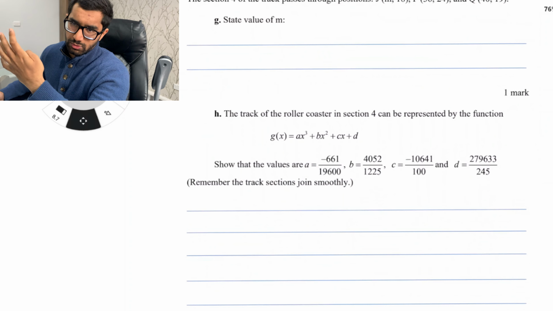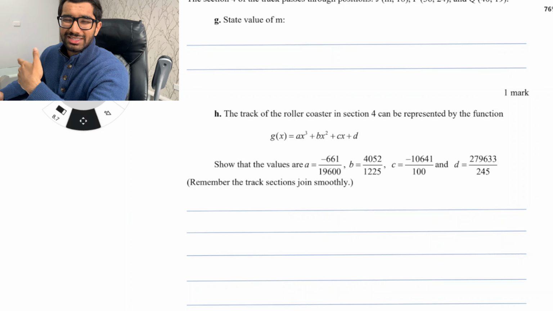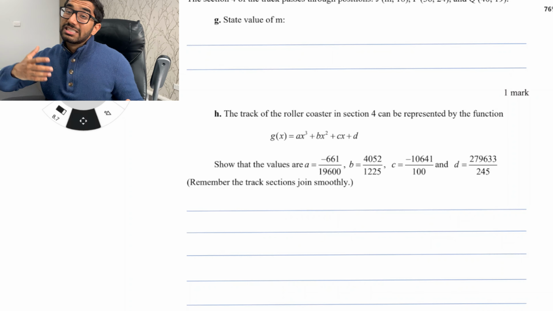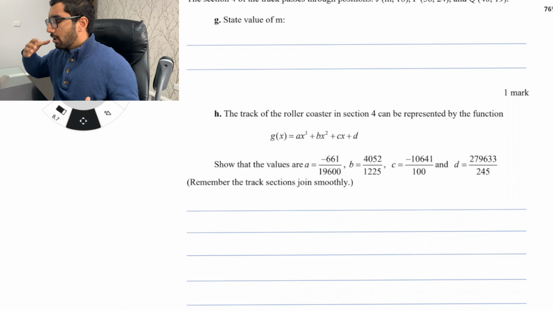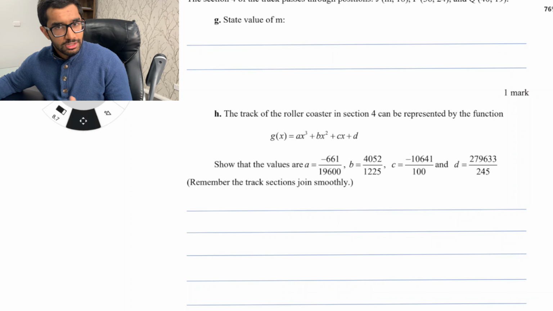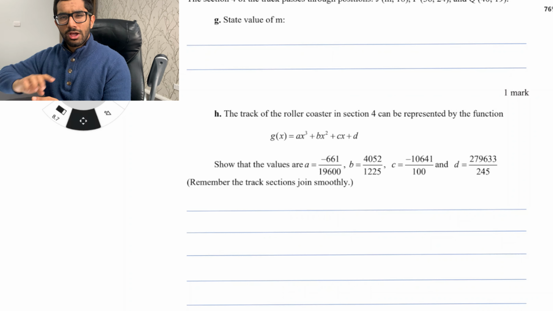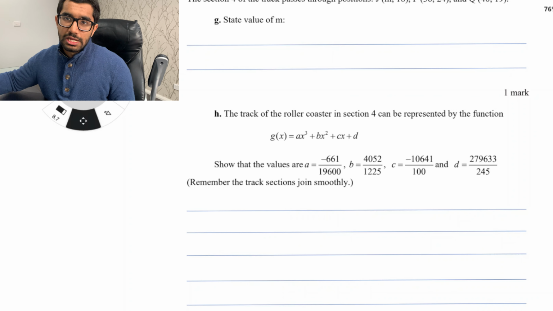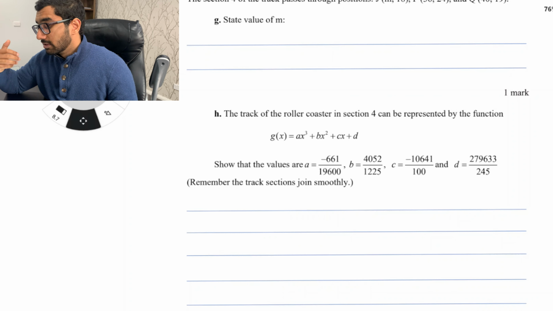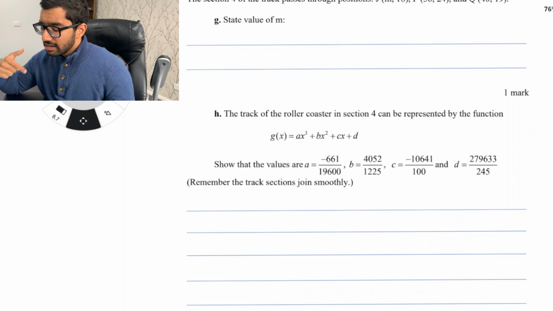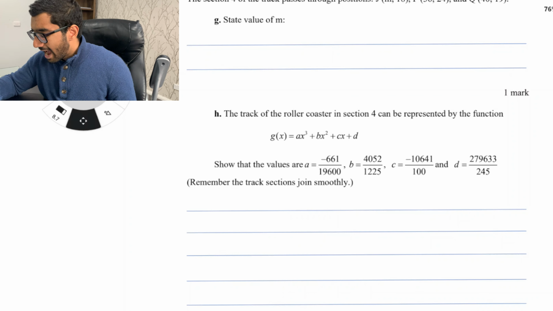So where does the 4th one come from? Well, the 4th one, once again, comes from the fact that everything needs to be smooth, right? So you need to start thinking about all the characteristics of the question. So if you have all of the points here, we have that idea about continuity. Now we also need to take into account the smoothness. So in my head, that final equation would be g dash of